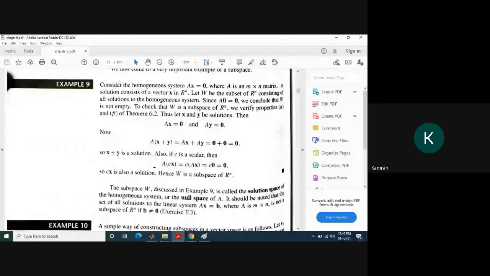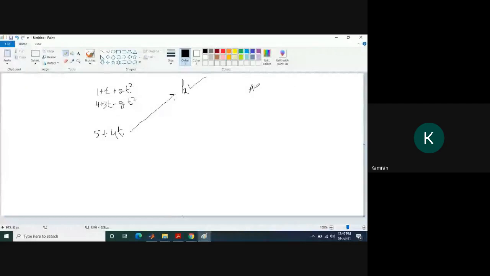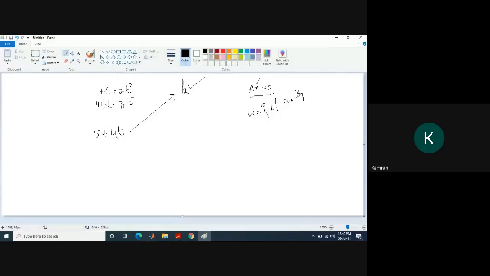Like we have a homogeneous system, Ax is equal to 0. This x is called the solution of this system. Let W contain all the solutions. We can take x as 0 because A into 0 is equal to 0. For the solution of this homogeneous system, we need to show that this W forms a vector space. ठीक है, subspace बनाता है all the solutions.